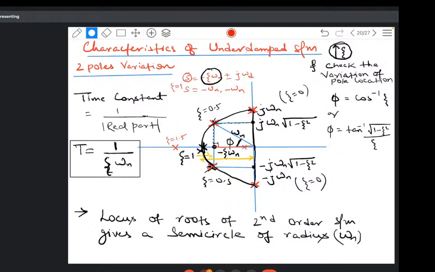Delay time means the time taken by the response to reach 50% of the steady state value of output. What is the time taken by the response of the second order system to reach 50% of the steady state value of the output? And the formula for that is TD is equal to,